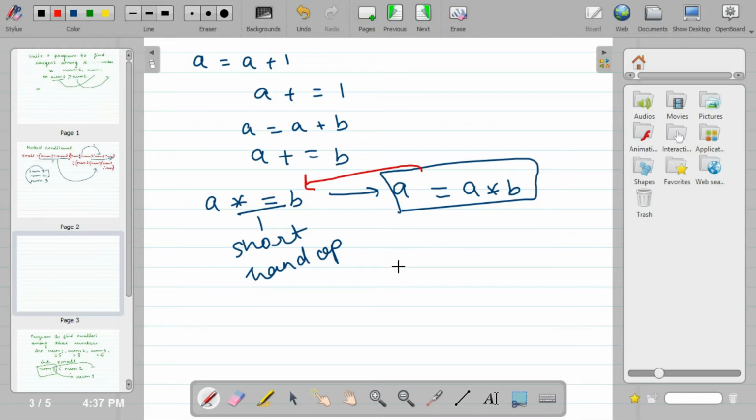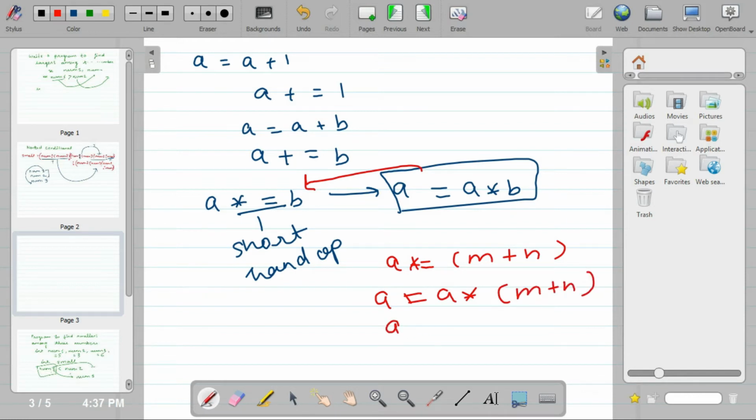You can write it for any expression, like A *= m + n, which means A = A * (m + n).